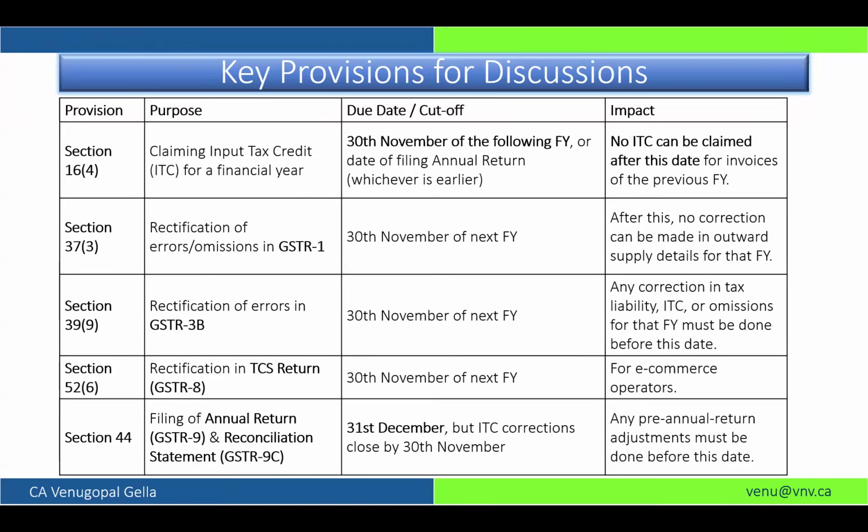So what we are now talking about in the law is filing by 30th November. It is not issuing a credit note or reporting something in R1 on 30th November. No, in terms of physical actions, it is by 31st October, and those October returns are filed in November.